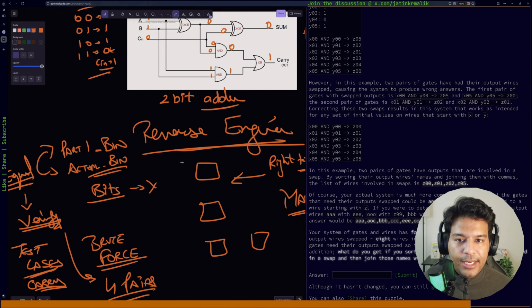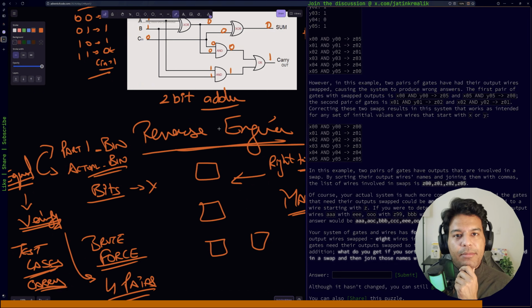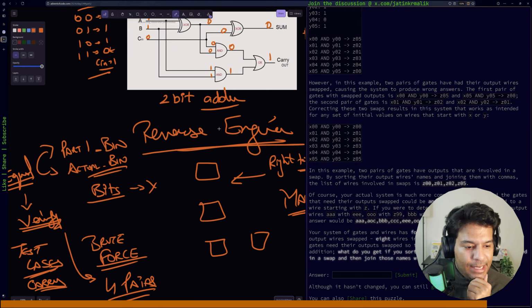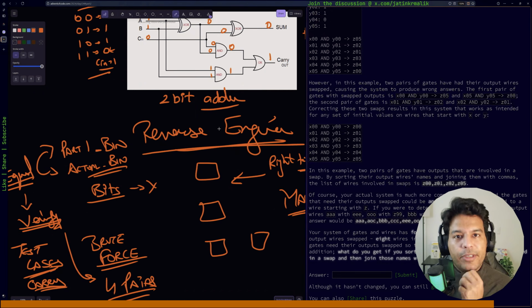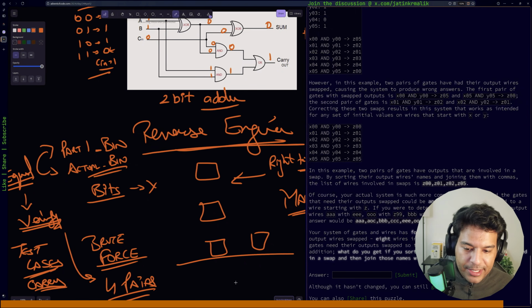I think it is basically looking at us on how this combination of AND, OR, and XOR gates work to add each bit position and how the carry happens, and then it will possibly be able to do that. But I can't think of a systematic and logical way to do it just yet. So I'm going to put on my thinking cap. This seems like a fairly difficult question to do programmatically directly without doing a bunch of reverse engineering and understanding how it can happen, because those swaps can be anywhere and they don't have to be on the same level as well. And of course, I'm also inclined to take my puzzle input and do some kind of a visualization